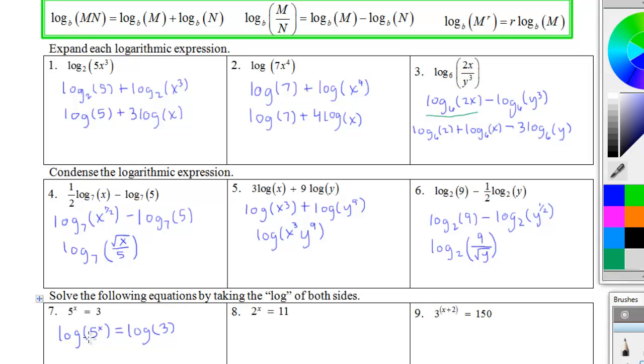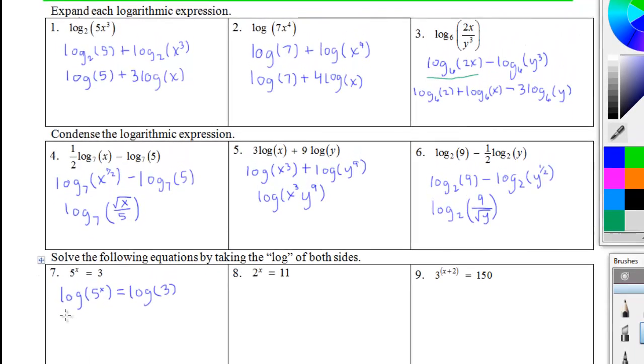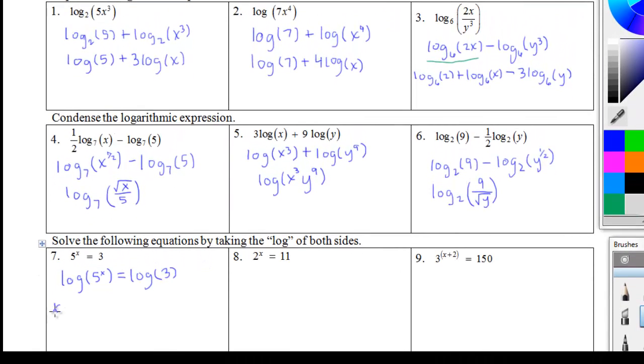Now that I've got this, I can bring the x that's in the exponent down in front of the logarithm using this rule here with the exponent and the coefficient. So the x can come down, and that's the key to making this problem work,